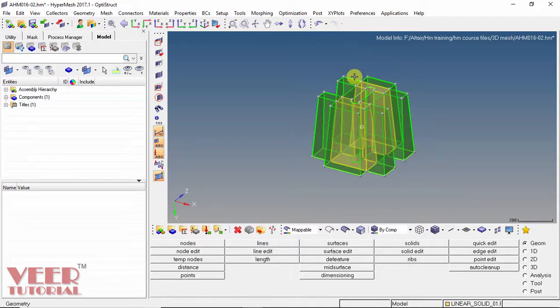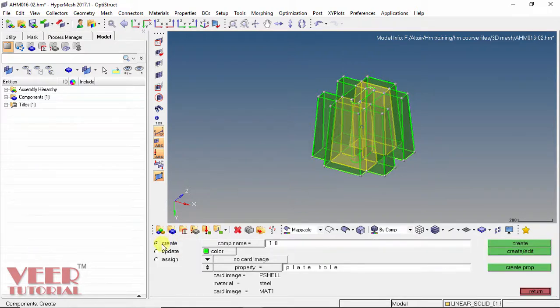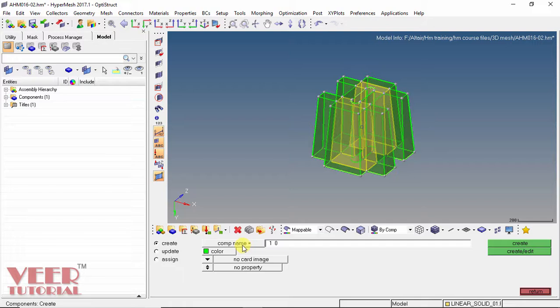So it is better to assign each solid to a different component. So I go to this option of component, go to option of create, then component name. In the card image, select no card image. In the property, we don't want any property. So click on this arrow, select no property. Component name, insert the name 1, click on create. Similarly, just keep on making the component 2, 3,